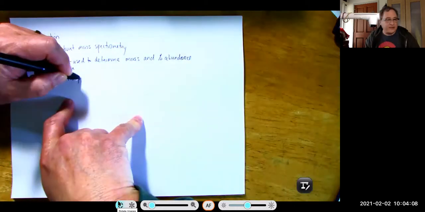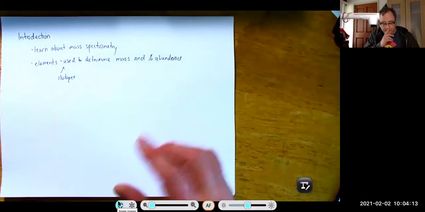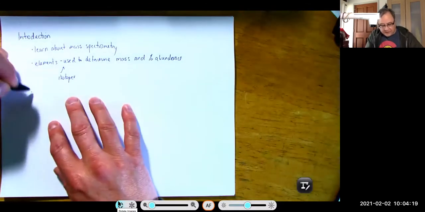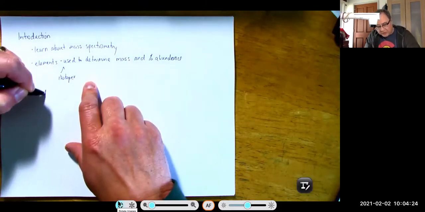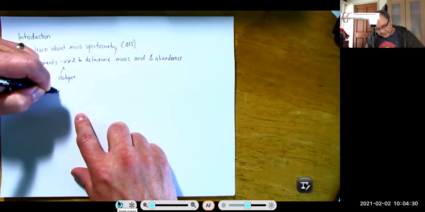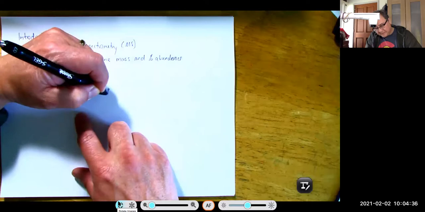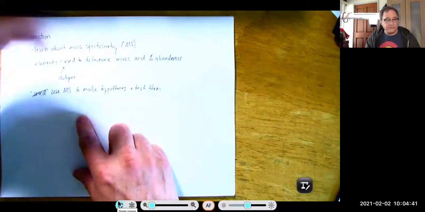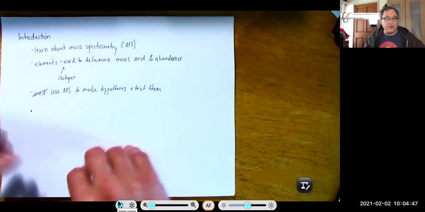So isotopes are something that hopefully you've read about. They are different atoms of the same element and they differ by mass. We're going to use mass spectrometry, MS, to make hypotheses, and we're going to test them. So that's your introduction. There's a little bit more, and that little bit more we're going to talk about right